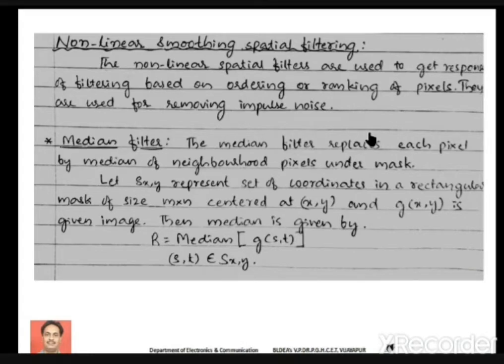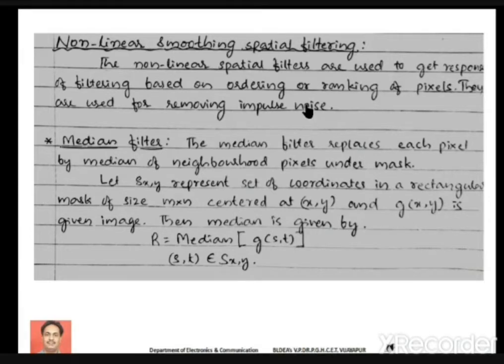First, we have the median filter. As the name itself indicates, in case of median filter, each pixel is replaced by the median of its neighborhood pixels. Say for example, if you consider a neighborhood of size 3 by 3, you will get some set of pixels, right?